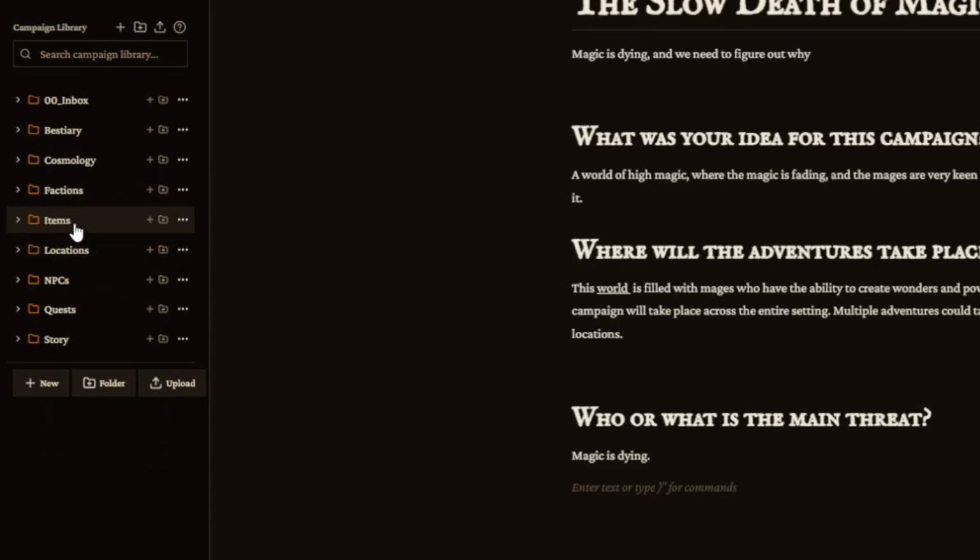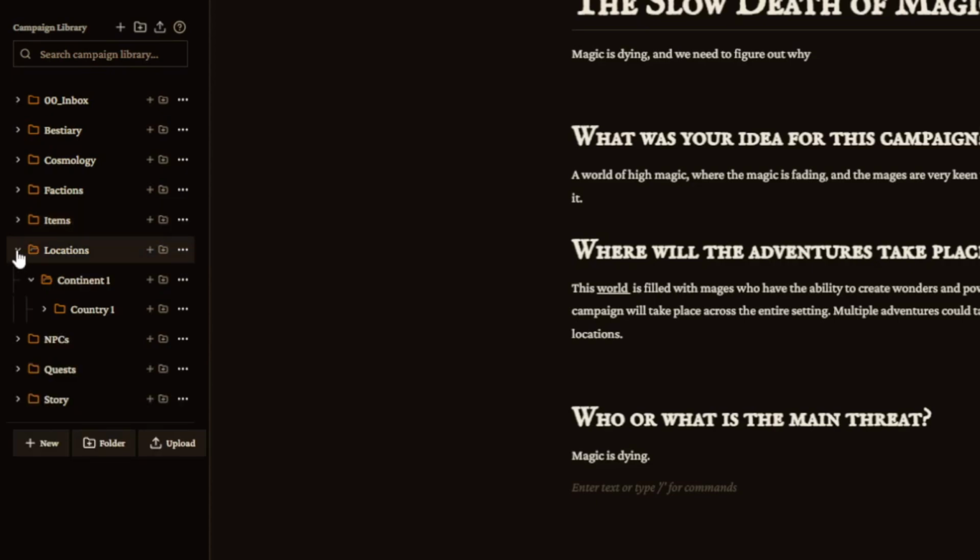They usually just include specific items I want to have referenced in the game. Sometimes they're MacGuffins, other times they might be sentient items, created items, crafted things that the players can interact with in some way or go and get, things like that. It could also be resources. Locations, I'll usually split these,